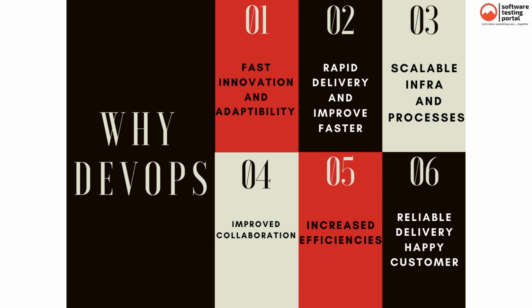Then next, since DevOps takes 2 disciplines, development and operations, which were traditionally siloed, into one discipline, it inculcates a culture that is characterized by increased communication and collaboration. This reduces inefficiencies and saves time. Fifth reason: reduced time to market, reduced risk, greater product quality and team collaboration bring every kind of efficiency, including cost efficiency. Lastly, with DevOps, you ensure the quality of application updates and infrastructure changes, and therefore you can reliably deliver at a more rapid pace, which results in a positive experience for end users. For instance, you can use practices like continuous integration and continuous delivery to test that each change is functional and safe.